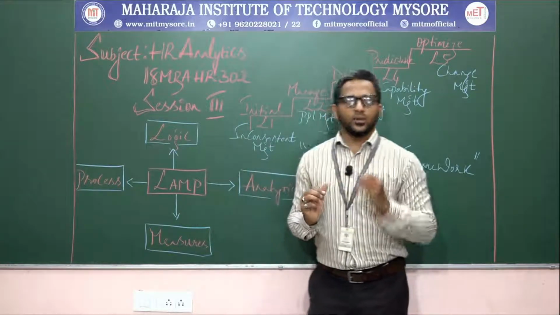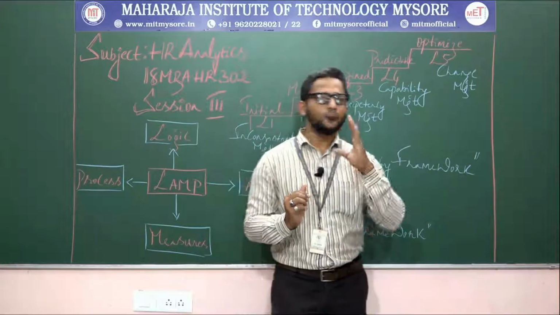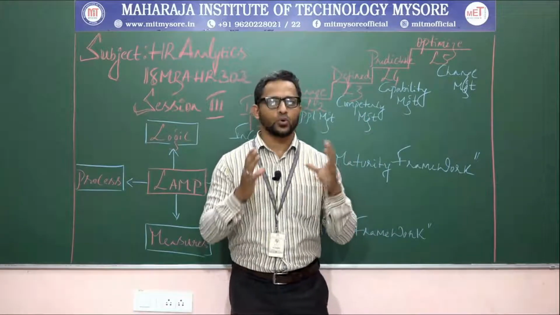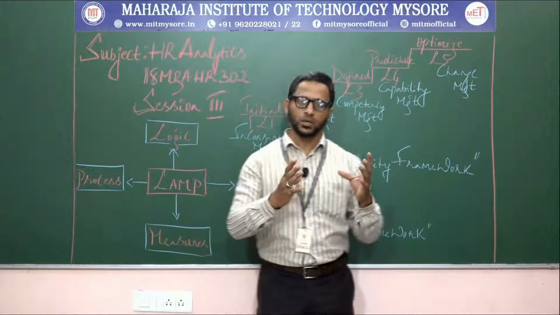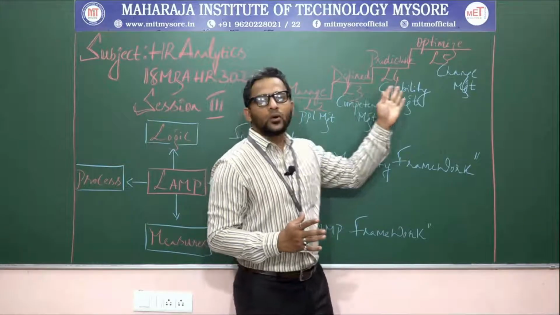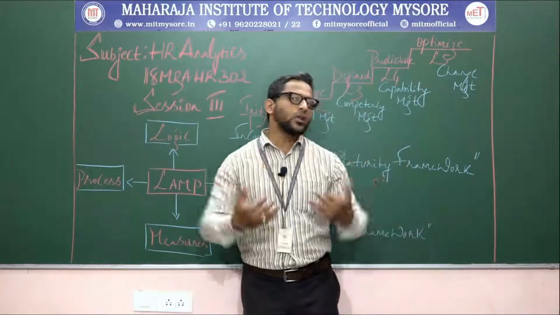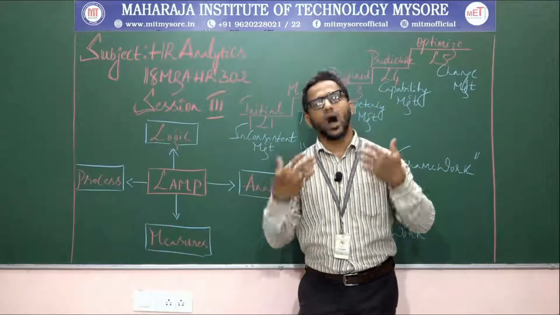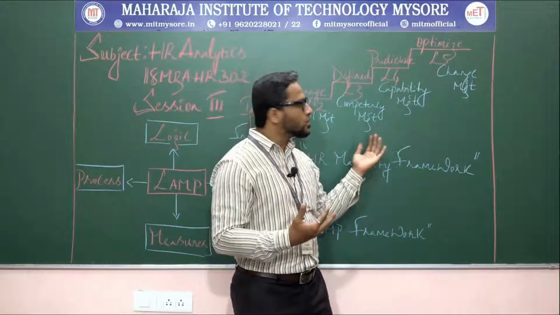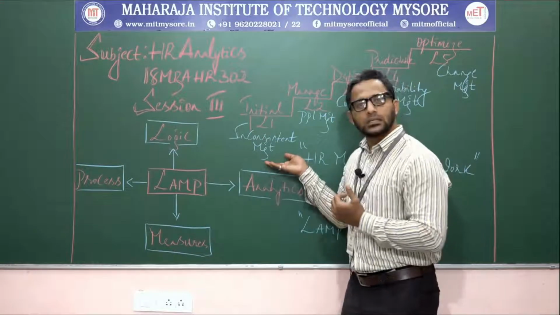Now coming to L4. L4 is something where you are predicting. Predicting means again there should be some measures, control should be there. You know how to control, you know how to manage and how to measure. So we can say that it's predictable. From this predictable we are going to optimizing. Optimizing is where you still want to improve, still want to see better performance, a better outcome. So we call it optimizing.